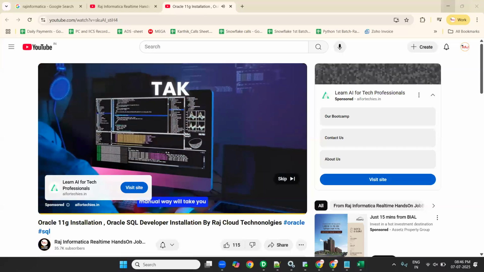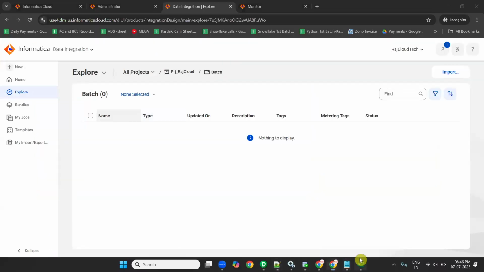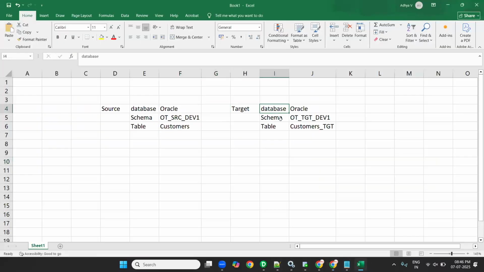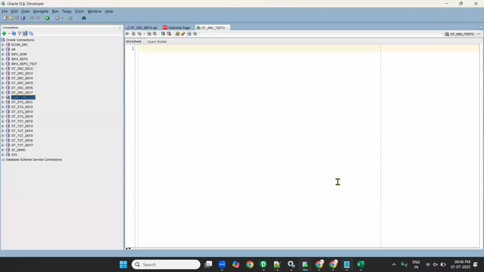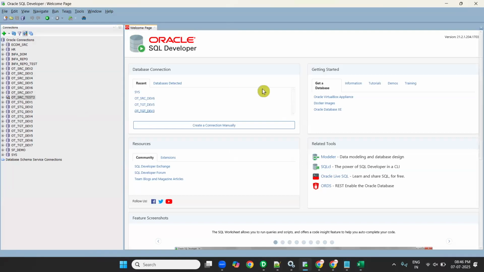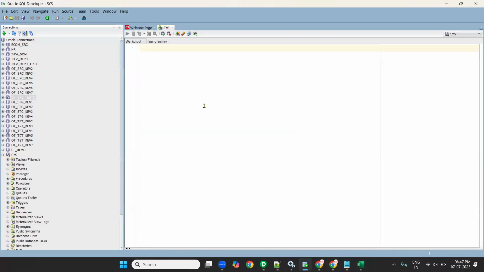Now we will take source as Oracle, target as Oracle. So we need to create two schemas. How to create two schemas? Go to Oracle SQL Developer, click on sys. Sys is a user created by Oracle. Click on this. Now write it here: create user